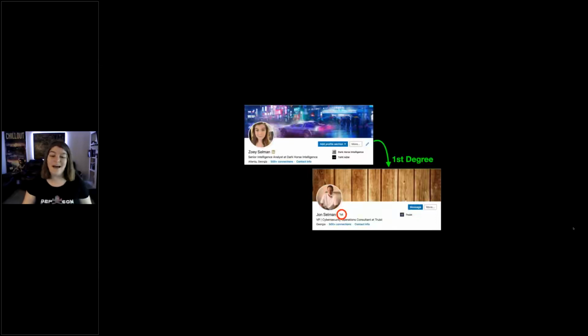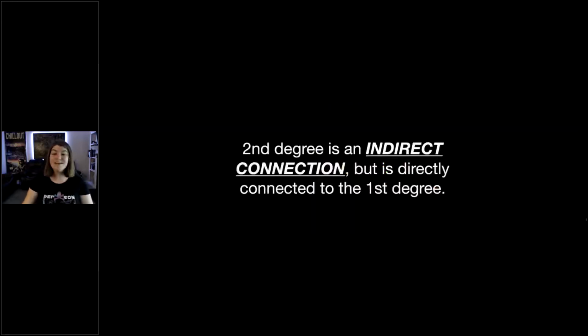In LinkedIn, if I was to put this into a chart, this is basically a first degree connection. A second degree connection is an indirect connection. So that might be someone else who uses the same bank as you, or someone else who goes to Publix or Kroger or Walmart. You've got the connection because you use the same place, but you're not directly connected. You're connected to the first degree though, and this is kind of where it gets a little